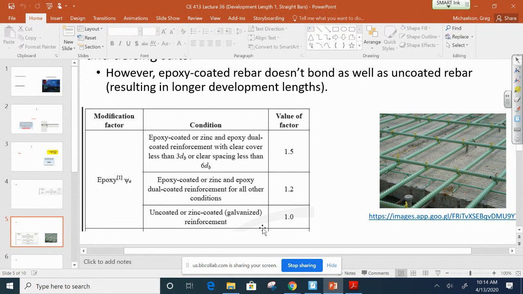And so if we have a bar that has light cover, or in other words, cover less than 3 bar diameters or clear spacing less than 6 bar diameters, then we're going to need more embedment in order to develop